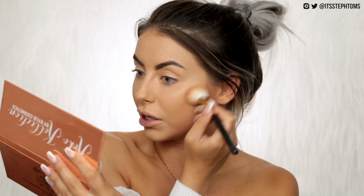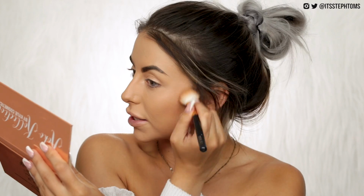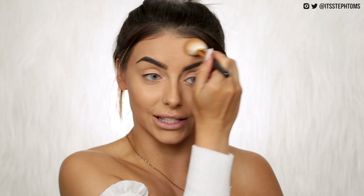That is definitely my kind of bronzer, and it's applying nicely. It's pigmented, but not too pigmented. Ooh, yeah, that's my kind of color. And the product itself is really nice as well. I'm not like, oh my God, what have I done? It is very, very similar to the chocolate bronzer, which you guys know is my favorite. And I do still prefer the chocolate bronzer purely for the fact that it smells like chocolate, because I'm that bitch. But the product itself is pretty much identical to the chocolate bronzer, in all honesty,